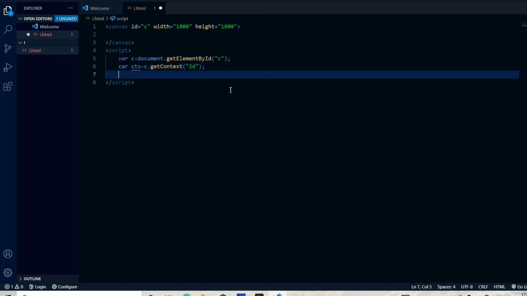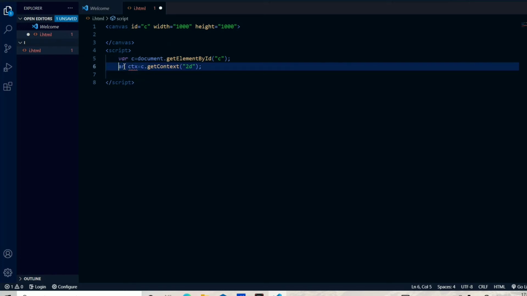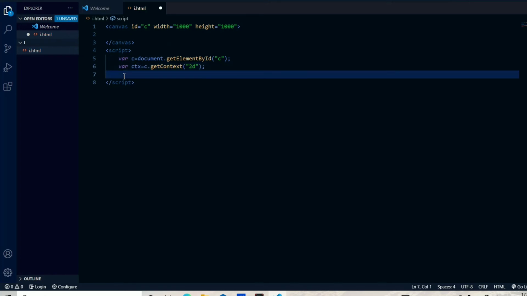And next, at last, when I am using the ctx, here I am creating an object rectangle. Therefore I use ctx.fillRect, and I will mention the axis wherever it has to fill. I am using 0, 0, or I use 100, 100, 100, 200, 200, and I just save it.